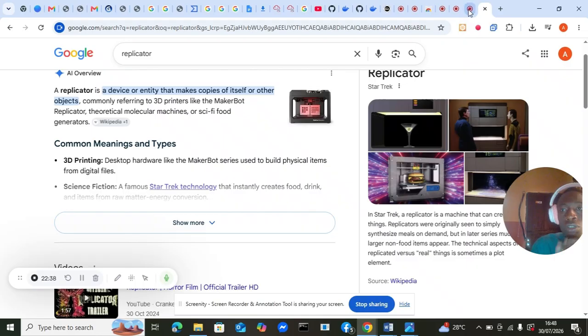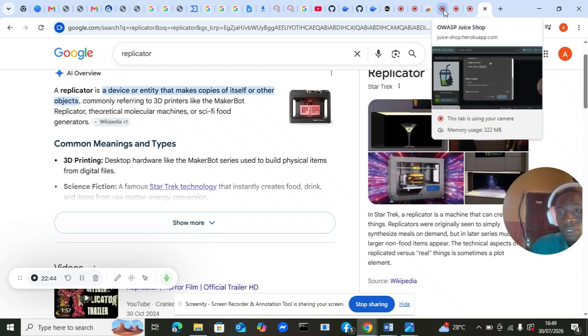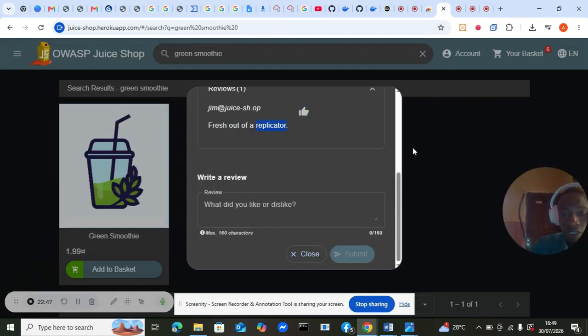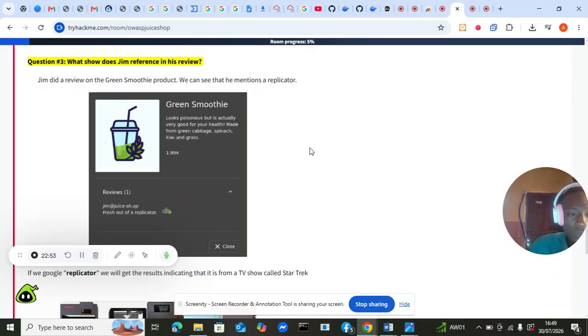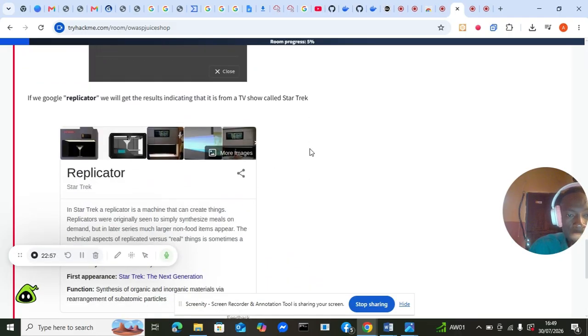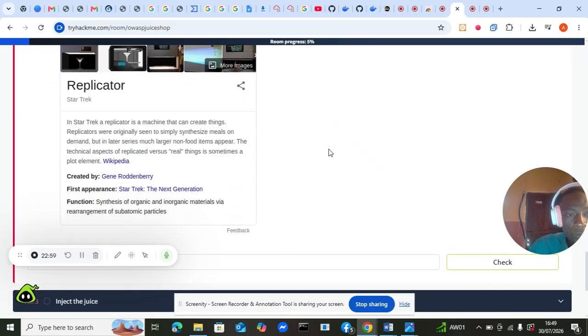So what we want to do now is to inject the juice, right? This is another kind of problem that we want to solve now, and it has to do with what we call SQL injection. And this SQL injection is a very big problem that a lot of websites are having. So we said that this task is focusing on injection vulnerabilities.